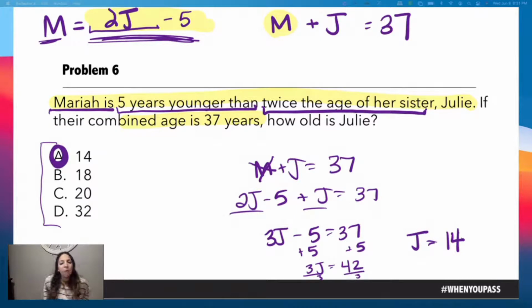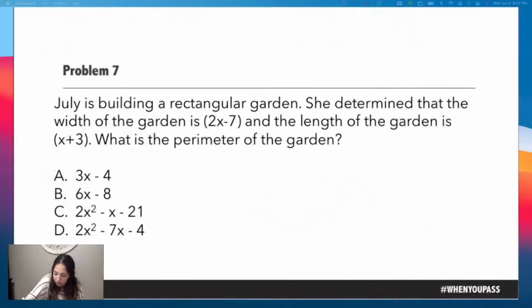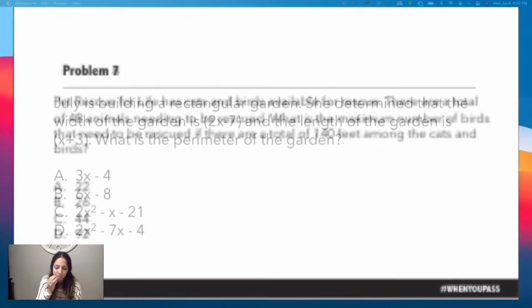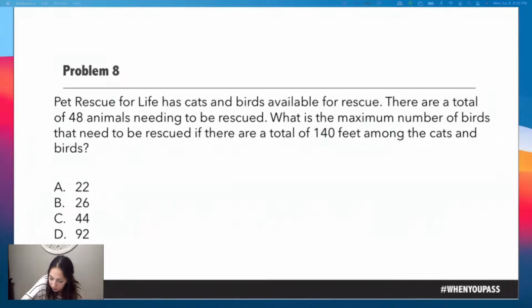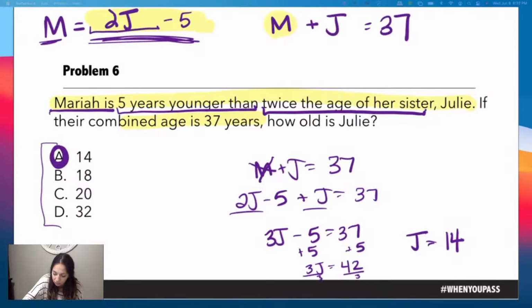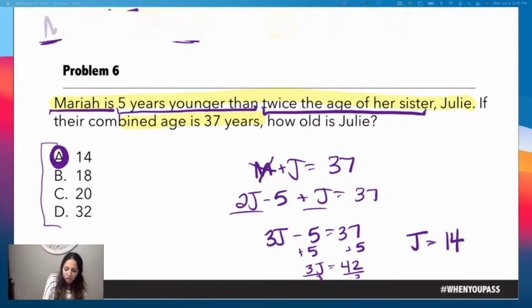Now, how would I use my answer choices to solve this problem? Because using answer choices is helpful. Well, glad you asked. I did not mean to do that. I meant to copy this. Sorry, I am struggling. Copy this page, paste it. There we go. Okay, how would I use my answer choices?